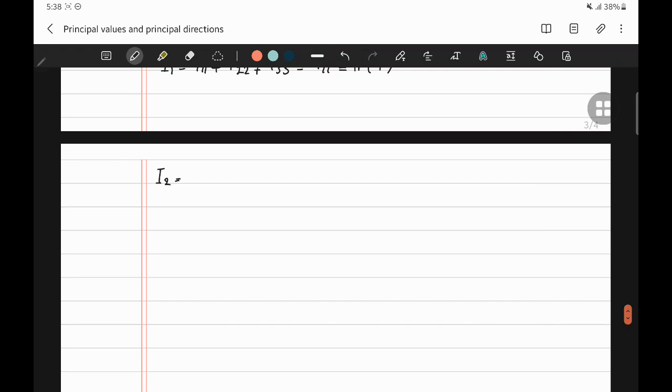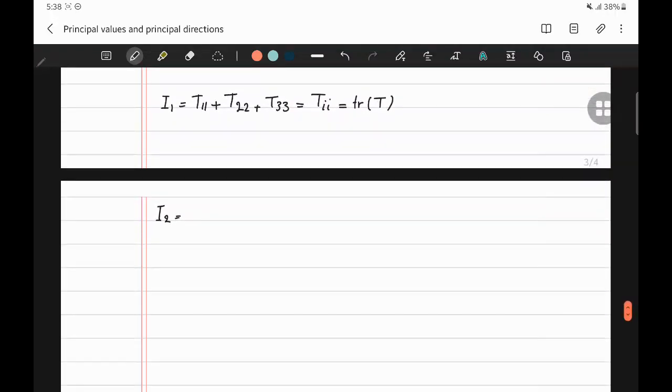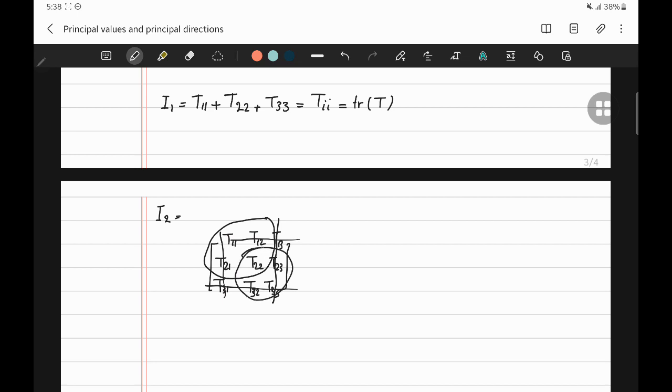And I2 is nothing but, let's say, if you have T11, T12, T13, T21, T22, T23, T31, T32, and T33. So we basically start with 1 and 1 with 1 and 2, so we remove this from here. Then we next get rid of this, and then we have this, and next we remove this, and we have the determinant of this here. So I will write it here so it becomes clear. So we have the determinant of